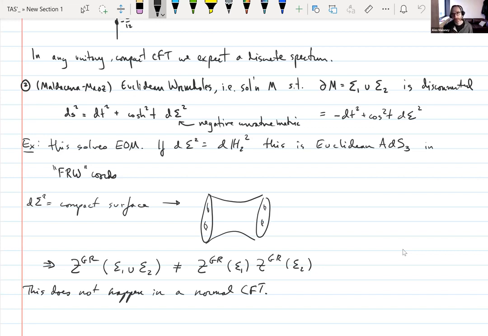I'm now considering a more general calculation, where I consider the partition function not just on a torus, but on, say, a bunch of surfaces that are disconnected. Okay. Thank you. Great. So, I have a question. Yes, please. So for the case where d sigma squared is a compact surface, you define some Euclidean manifold. Is there a well-defined analytic continuation to Lorentzian signature of this manifold? Yes. It is the